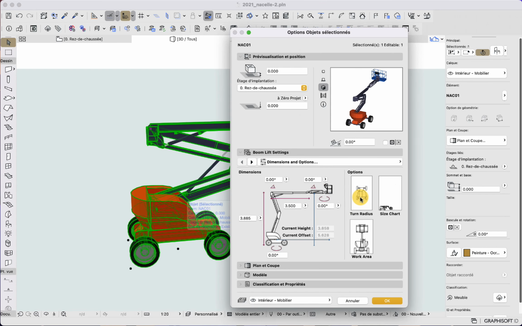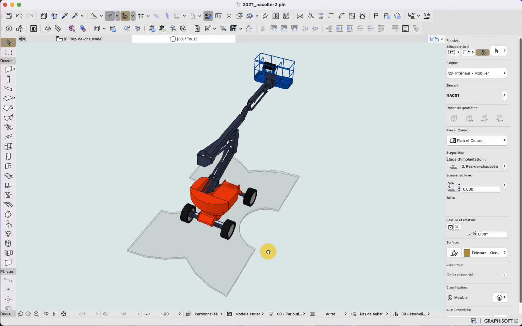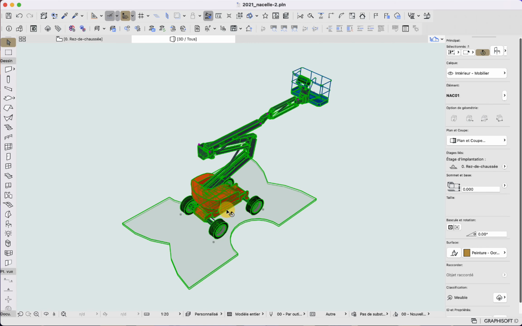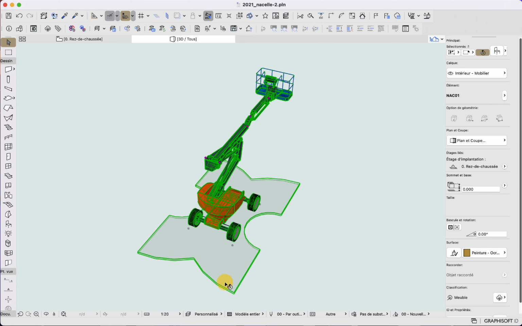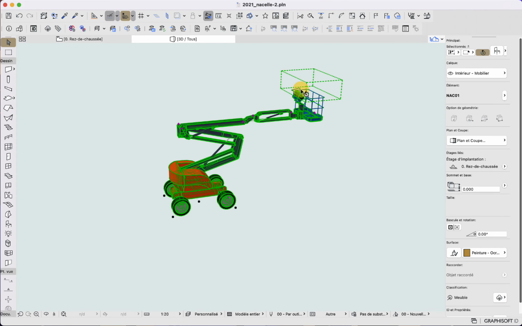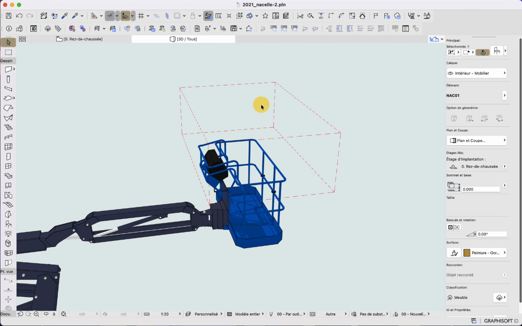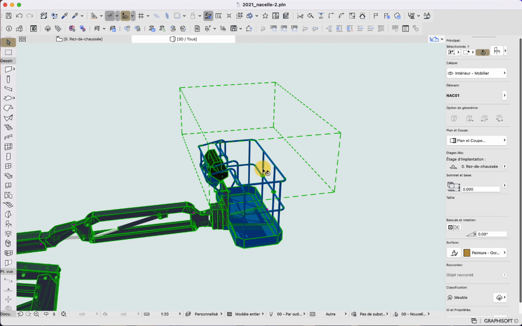And we also have some options that are quite interesting when using this machine. Here we can see the turn radius, which allows me to know visually the diameter that is needed to do a half turn or full turn, for example. We also have the work area, which is basically the space in 3D in which the operator can operate safely.